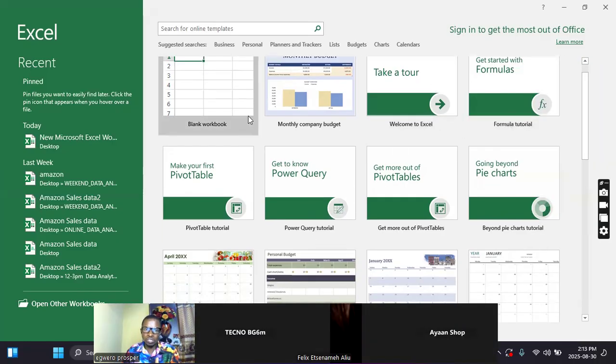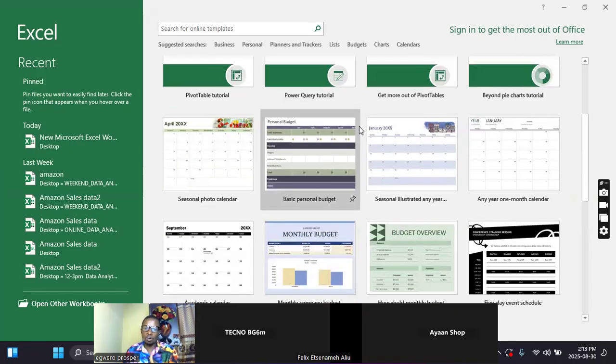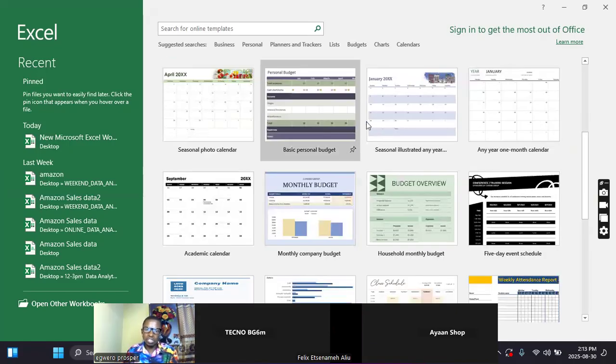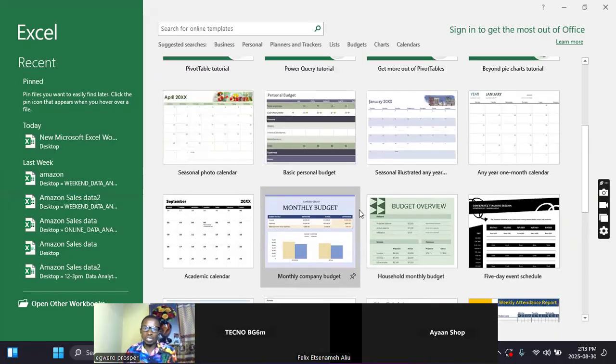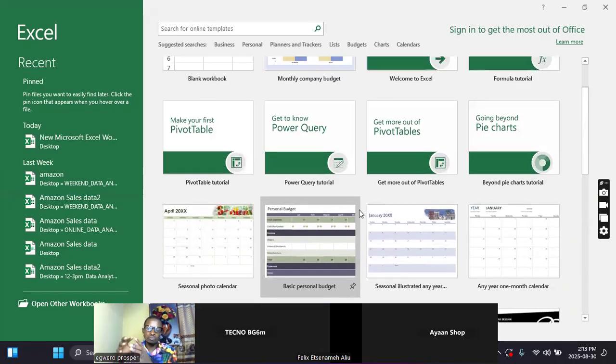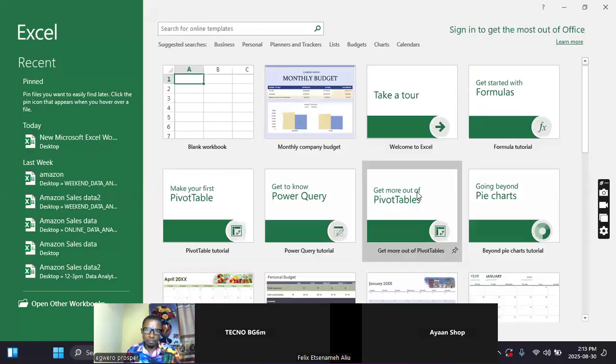All these you are seeing outside these are templates already programmed by Excel. So the reason why you are seeing much of them is because my system is on the internet. So if my computer is not on the internet, you might see limited options. Now, I'm just going to walk us through accessing one. Then at your own convenience time, you can go in there and begin to exploit this template to know what has already been prepared for you.